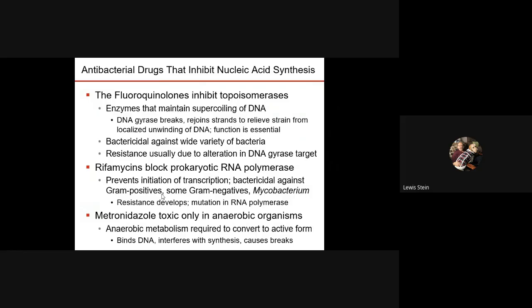C. diff is a strict anaerobe, and that's why I'm familiar with it, with people who have contaminated well water, which we have an abundance of here as we get rural in Pennsylvania. They get a thing called giardiasis and amoebic dysentery. Those are all anaerobes. As I mentioned to you before, Trichomonas vaginalis, which is arguably the most prominent anti-protozoan sexually transmitted disease. Millions and millions of new cases every year in this country are treated with this. So we're going to spend a lot of time looking at that.